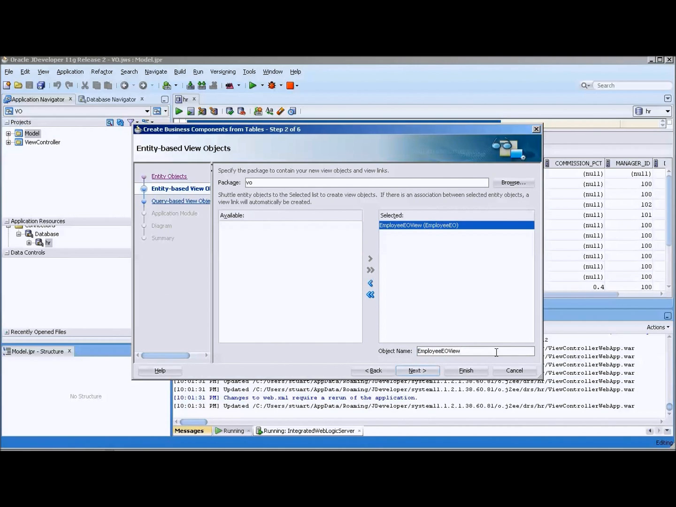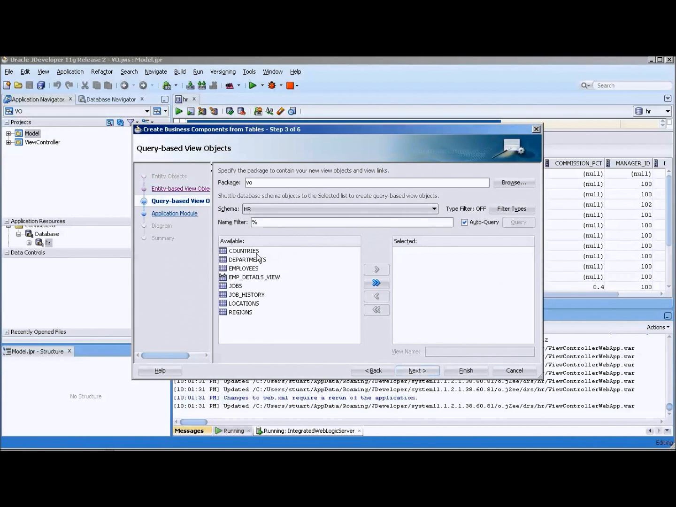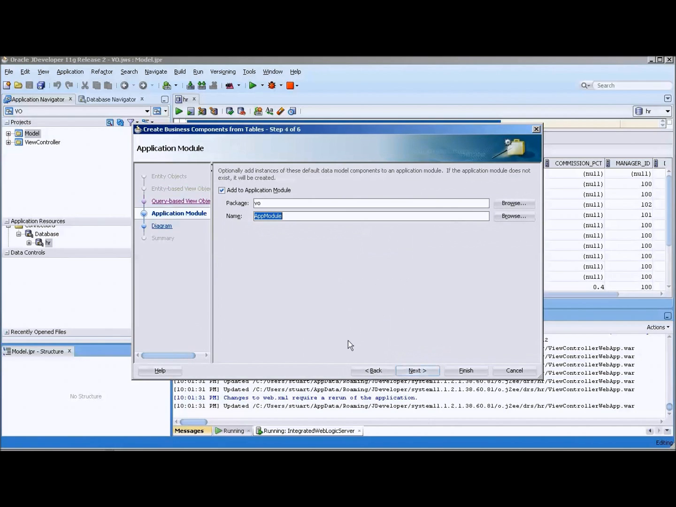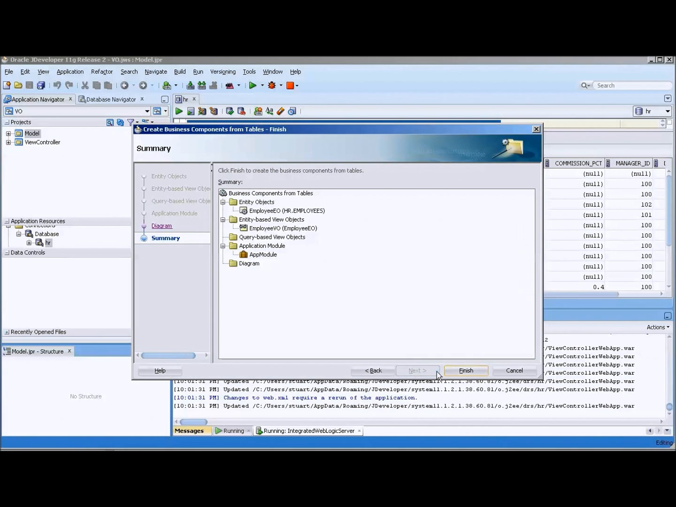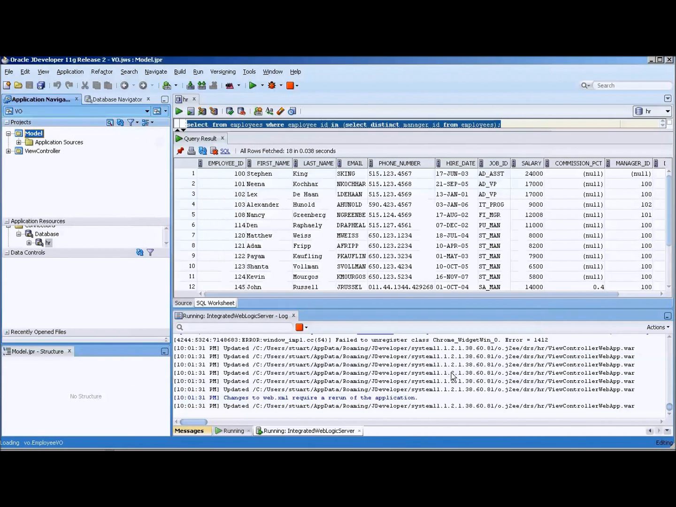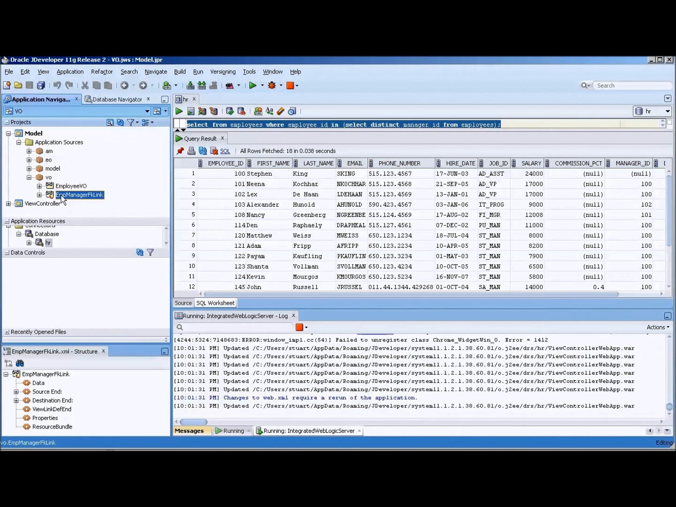And a query-based view object, we don't need that. We're going to create the AM module in the AM package, which is basically a file system. And there we go. So now what you see here is along with the view object was created a